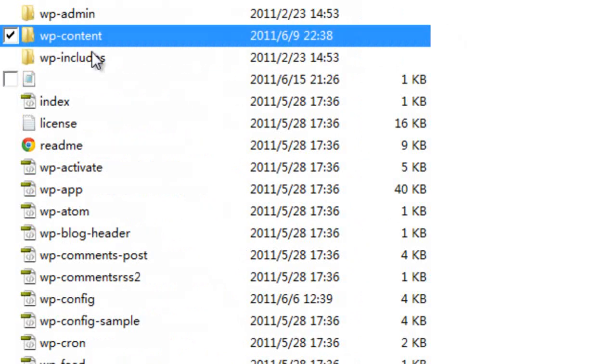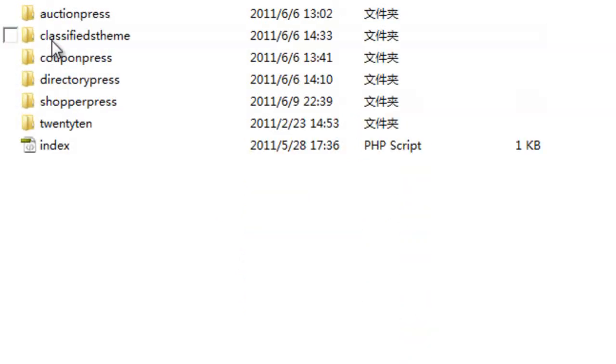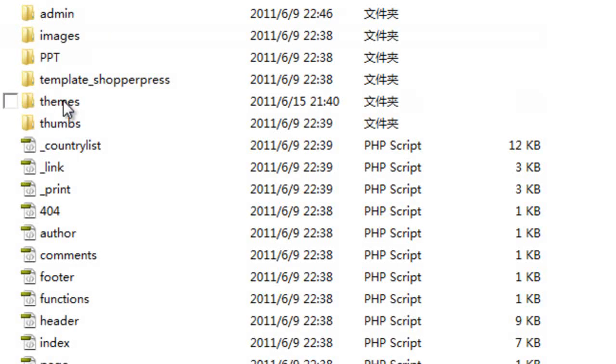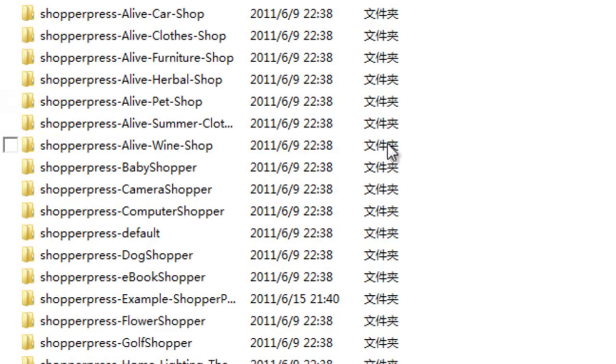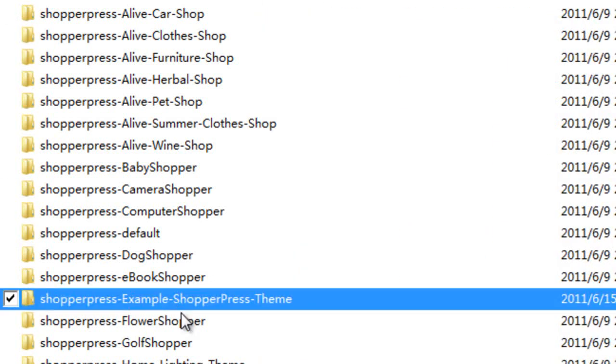If we go back to our WordPress ShopperPress theme, which is obviously, if I go back to the main site, it's WP Content, Themes. Since we're using ShopperPress, I'll be using the ShopperPress one, and then using the Themes folder within ShopperPress, I can take a look at some of the child themes for our ShopperPress installation. Before I look at the one we've just set up, which is the example ShopperPress theme, let's take a look at some of the other ones to show you some of the content that has been added. Let's start with the ShopperPress